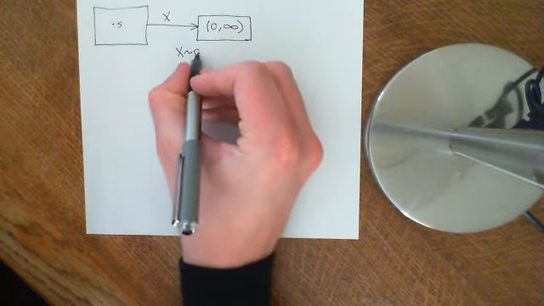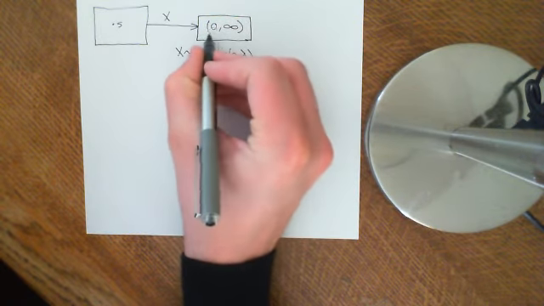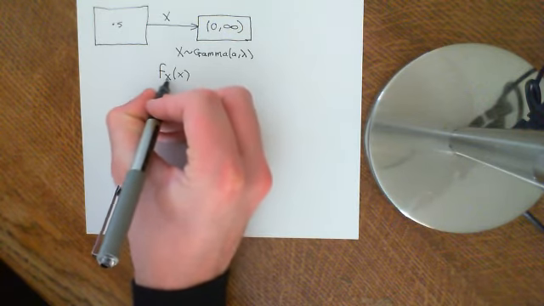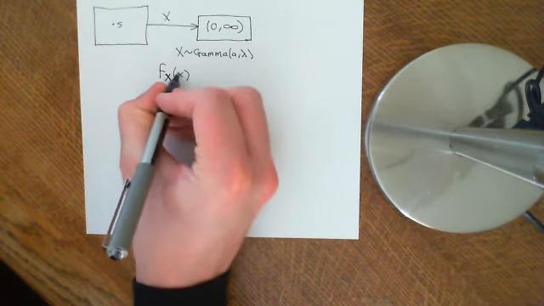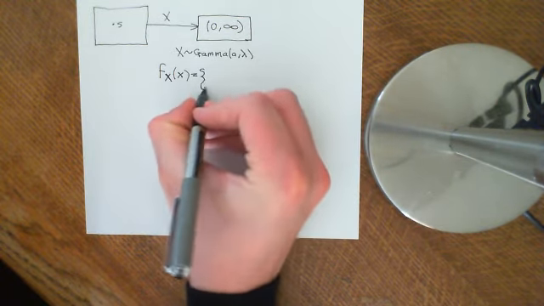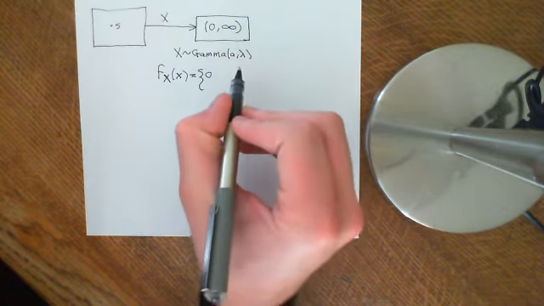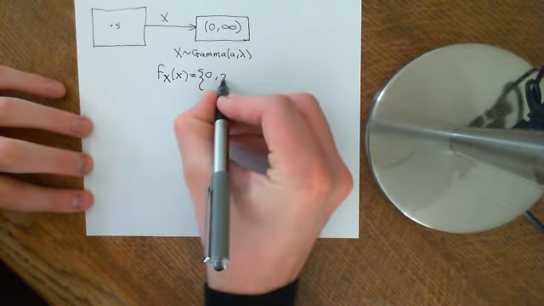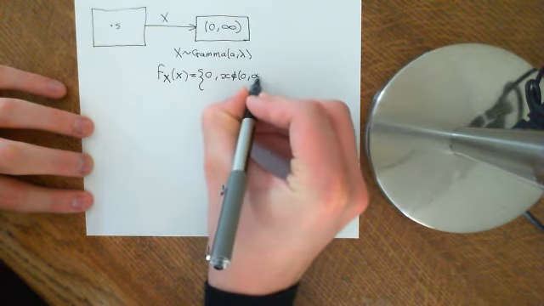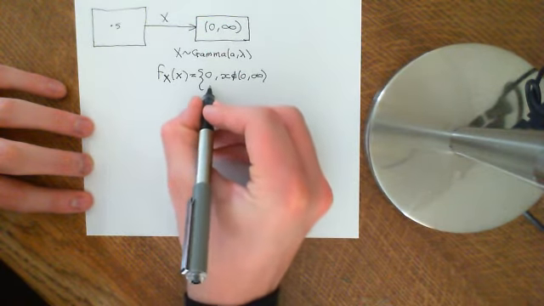is distributed gamma(a, lambda), which means that the probability density function of the random variable big X as a function of little x, where little x is just some real number, is going to be equal to 0 on the non-positive real numbers. So it's going to be 0 if x is not an element of the positive numbers, i.e. it's a non-positive number, and it's going to be equal to the PDF of the gamma distribution, which is